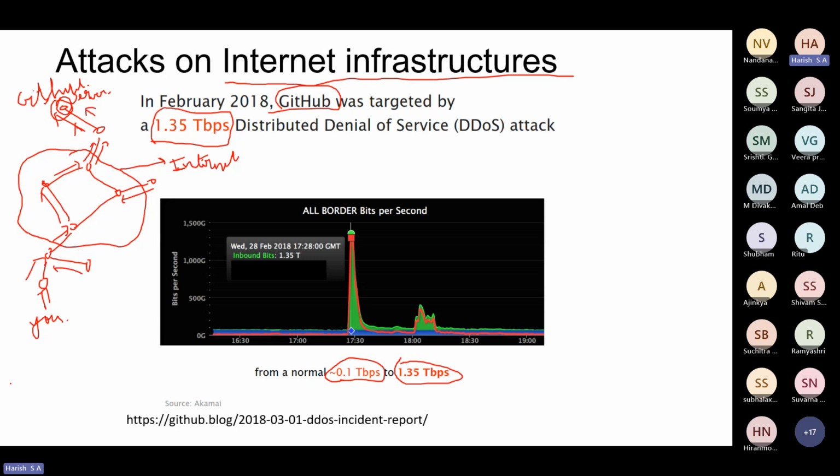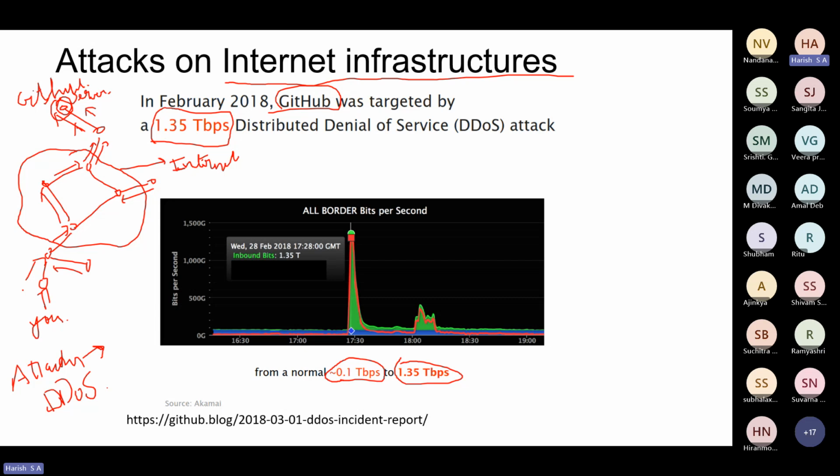So what did the attacker do here? The attacker perpetrated something called a DDoS, distributed denial of service attack. You've heard of denial of service. Something is available, and you make it unavailable. In the CIA triad, you target the availability of the system. Correct? And that's what DoS is. Distributed denial of service is one step ahead, where you use multiple sources to perpetrate denial of service.